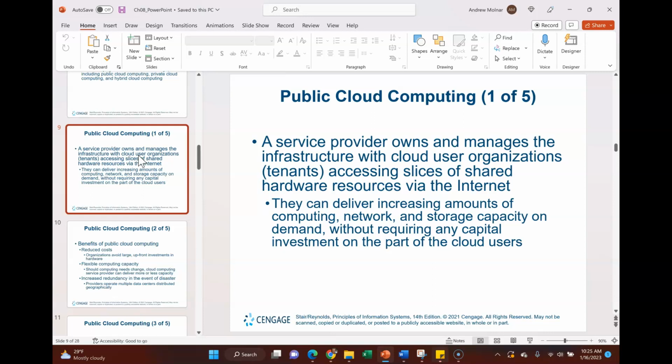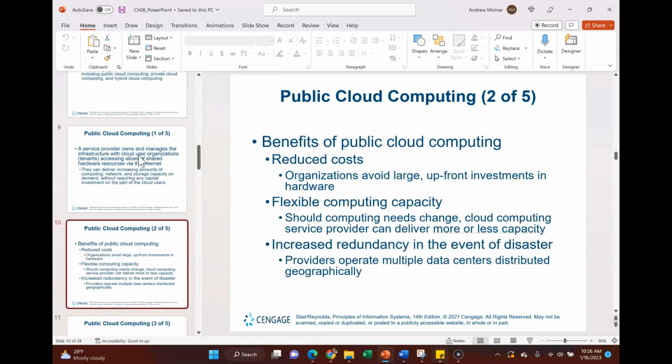So Google can provide increased amounts of computing, increased network, and increased storage capacity at a fraction of the cost. That's the advantage there. Some of the other benefits: I just mentioned reduced costs, but your company can also avoid large upfront infrastructure investments, which we call CapEx, capital expenditures, which are largely unknown.